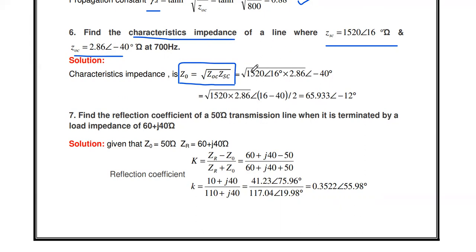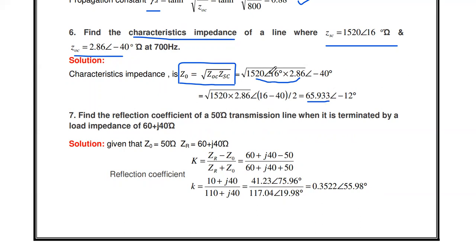So square root of 1520 with angle 16 degree into 2.86 with angle minus 40 degree. Okay, so here the two quantities are in polar form. Polar means you just multiply the magnitudes. Here 1520 is the magnitude, and 2.86 is the magnitude. So you just multiply the magnitudes, then take the square root using the calculator. We will get the answer